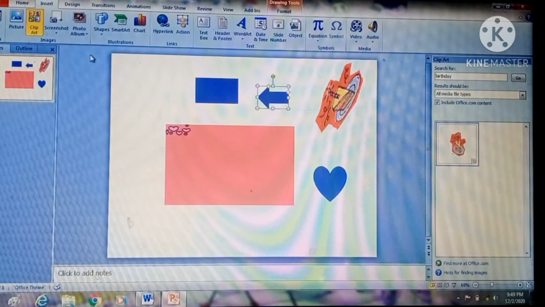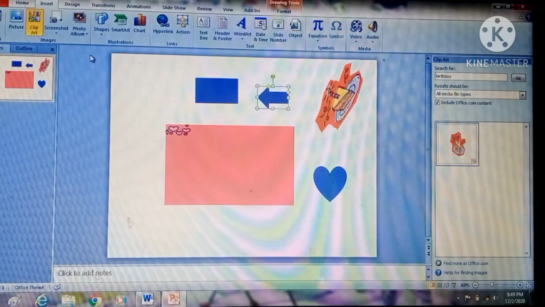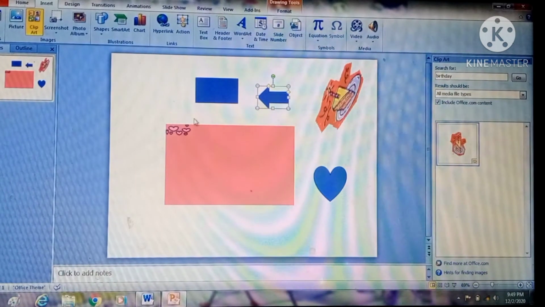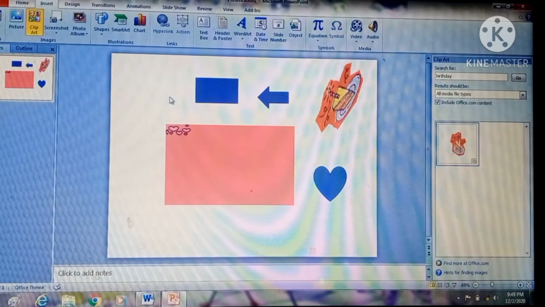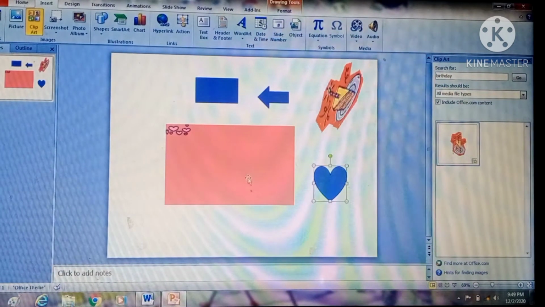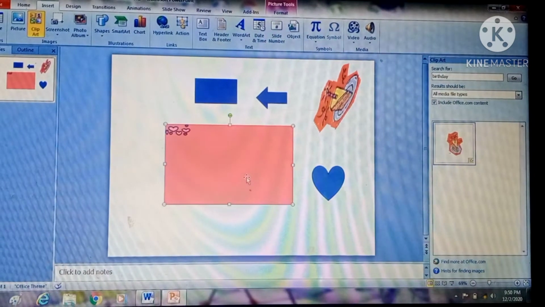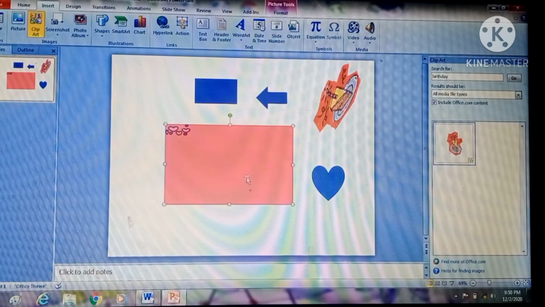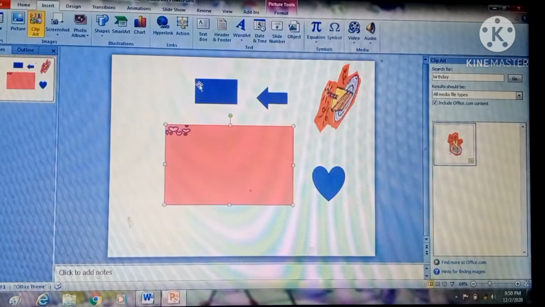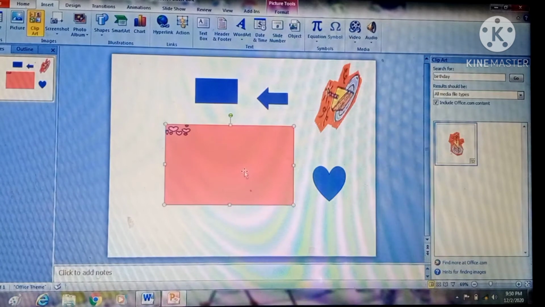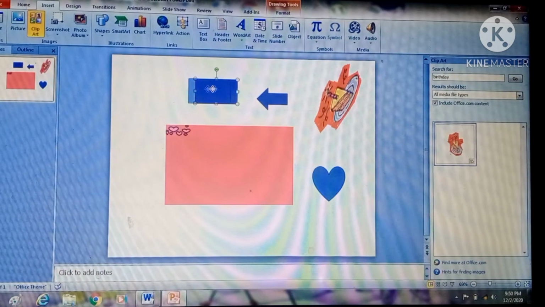Next topic is how we can group and ungroup the objects. You can see in my slide there are 5 objects. 1, 2, 3, 4 and 5. I am having the 5 objects. And now if I want to move only these 3 objects, 1, 2 and 3, firstly I will select it, then move it.